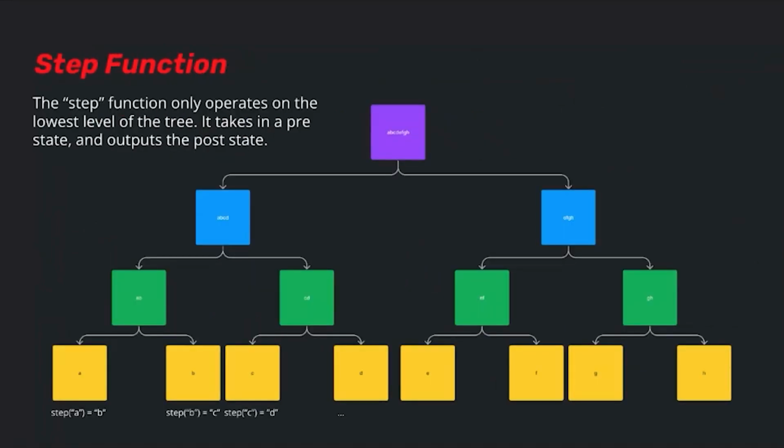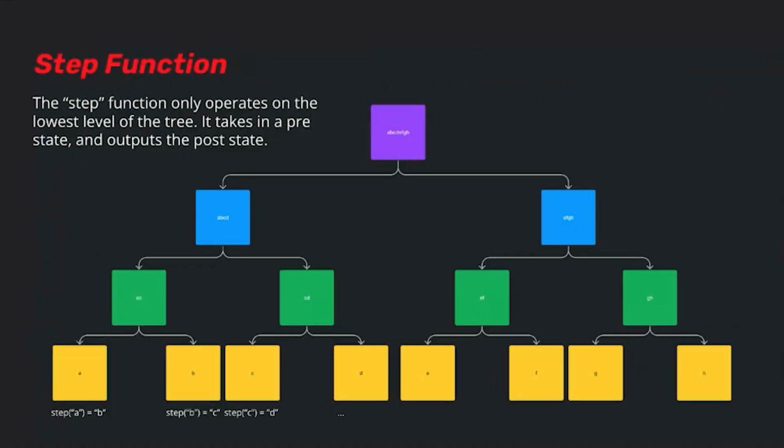And so the step function only operates on this lowest level of the tree, right, which is the actual instruction trace. And it takes in this pre-state. So if we say that A is the pre-state, or we have Genesis off to the left, we basically can take step A and produce B. Step B can produce C. And the way that we're actually able to do this in a truthy way is that Genesis is actually derived from data that's already available on L1. Are there any questions about that?